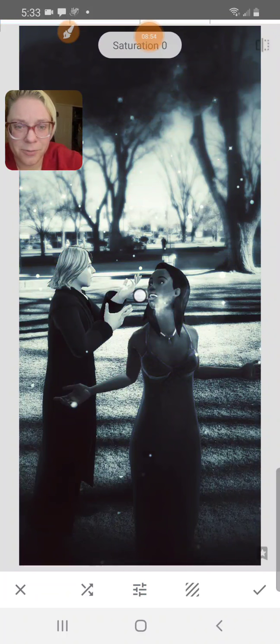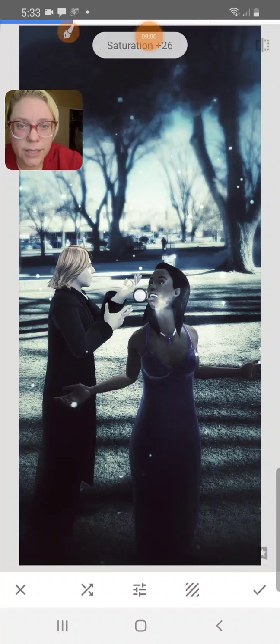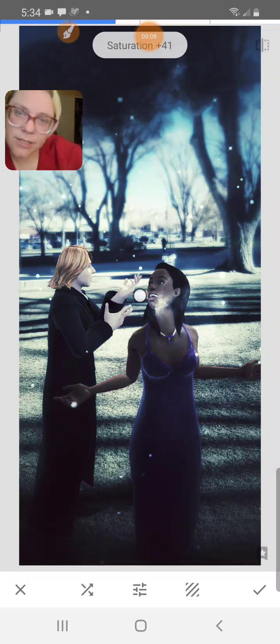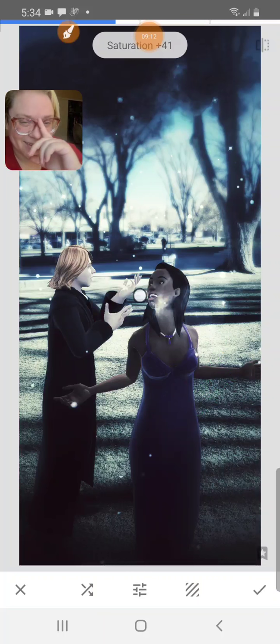Saturation, most of these are really desaturating everything, but you can bump it back up to 100 where it's going to be pretty brightly colored. In our case, I kind of like it with just not too much saturation. Only reason I hesitate on this is because I really like the purple of her dress, and I don't want to completely lose that. One thing I could do is, prior to doing anything in the grunge filter,